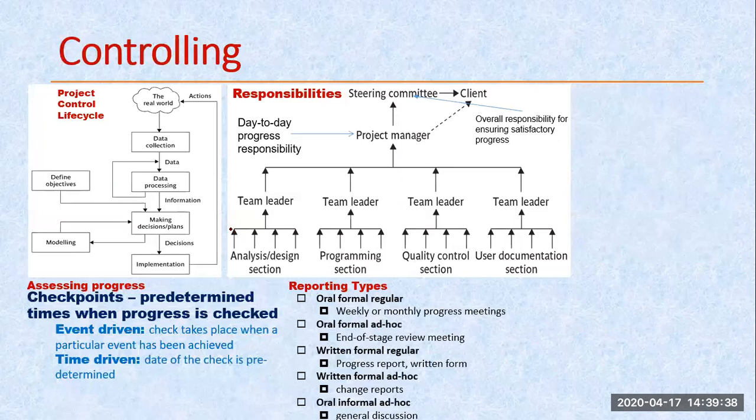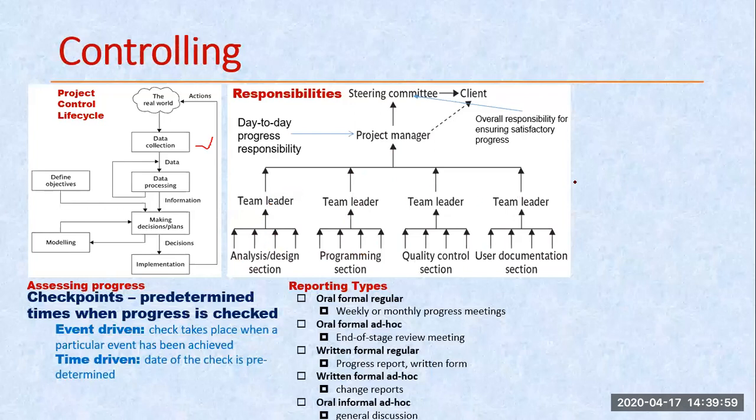So in my controlling, these all are the ways by which we can control. Actually, this is my project life cycle. I hope we have discussed it already in my previous class. And this is how the information keeps on flowing. So the information is flowing from, oh, these are the information generators. They are actually dealing with the task and then only they are sending the information.